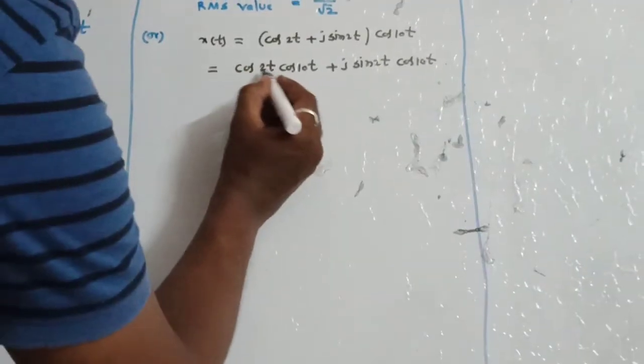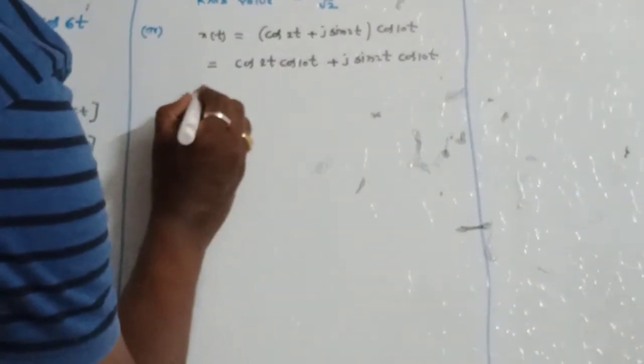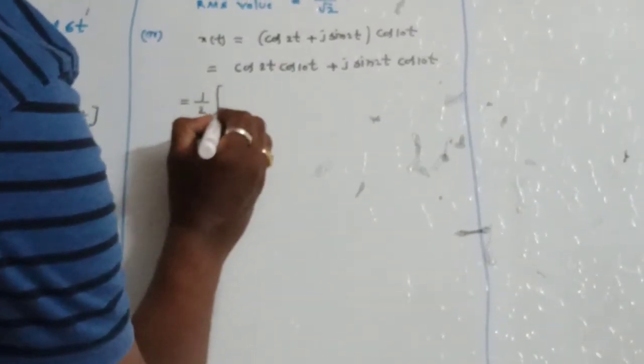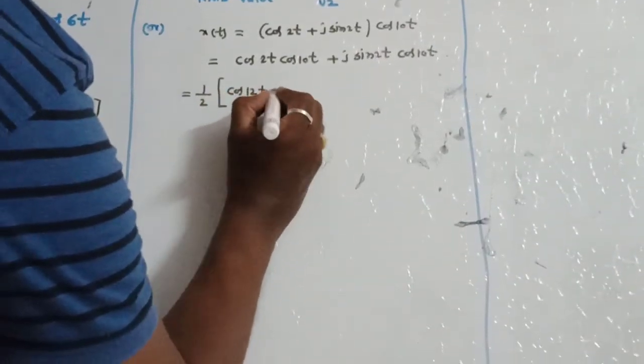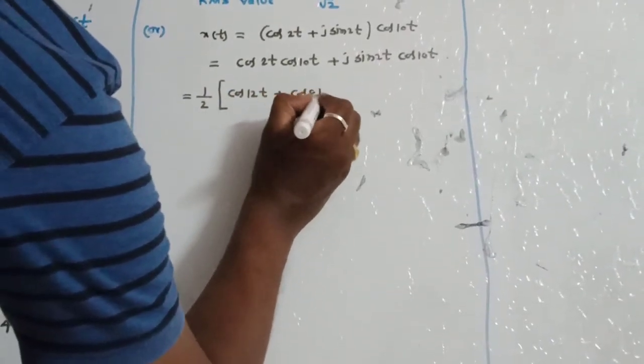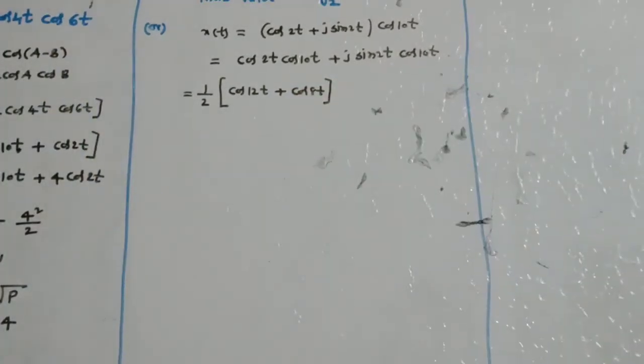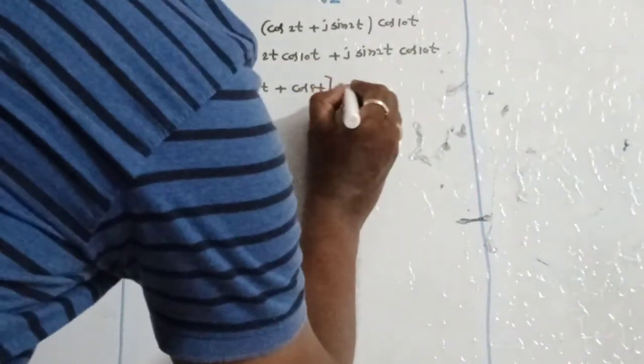Apply the formula cos a cos b, that is 1 by 2 into cos of a plus b plus cos of a minus b. So that is cos 12t plus cos 8t,